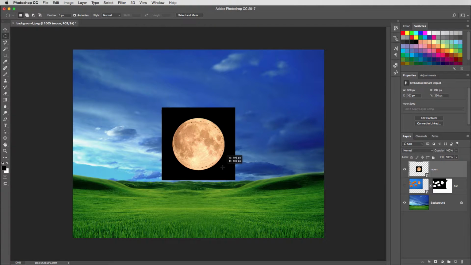That's probably Alt on a Windows machine, and this will make my marquee start to drag from the center of the object. If I hold down the space button, if I hold down the shift button,